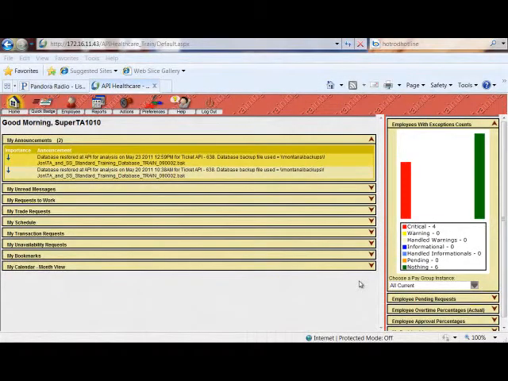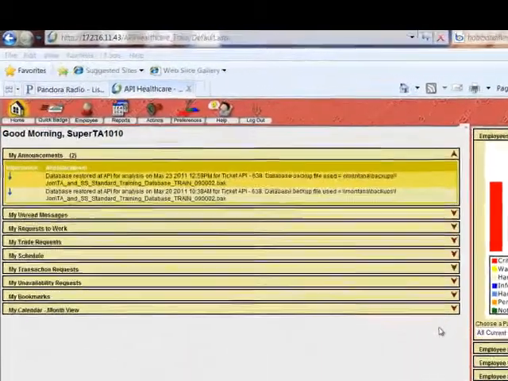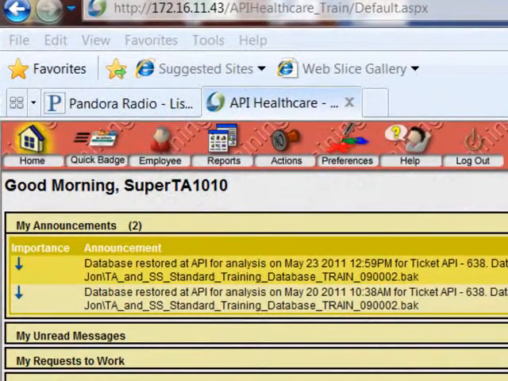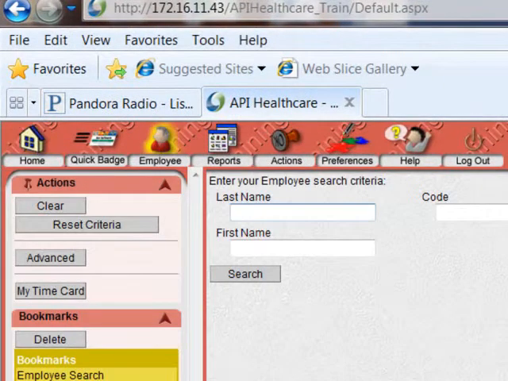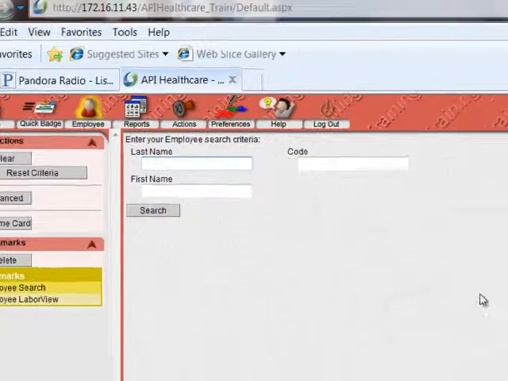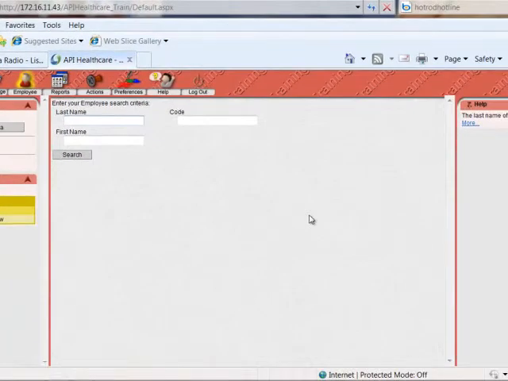Welcome to the next section where we're going to discuss how to add, edit, and delete both a clocking and a calendar event. So to do this, I first need to navigate to my employee section and do a search. We're going to use Sandy Kingsley as our example. If you'll remember, in a previous section we discussed how to search. I can do a keyword search